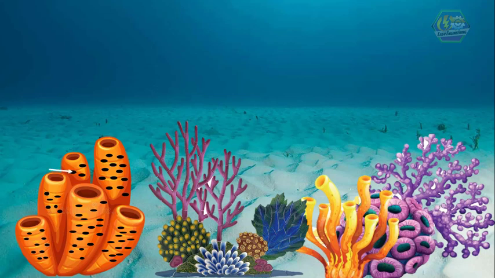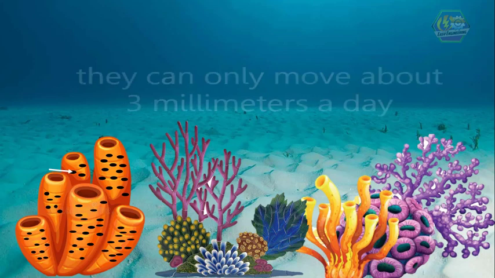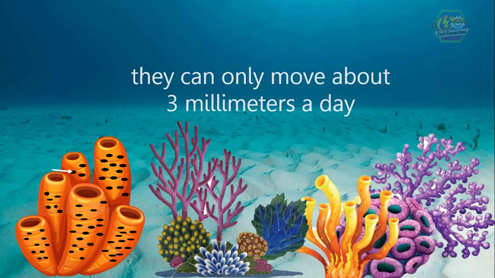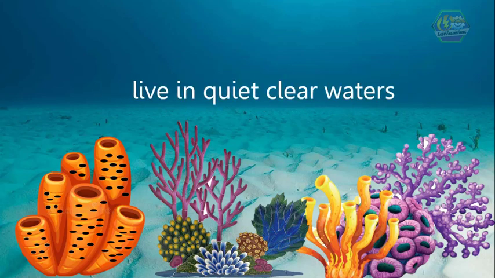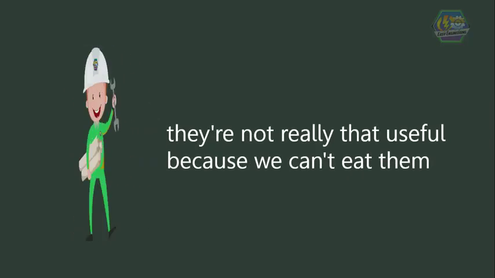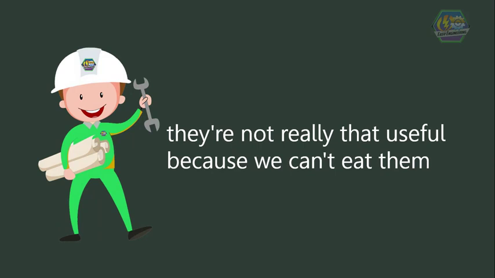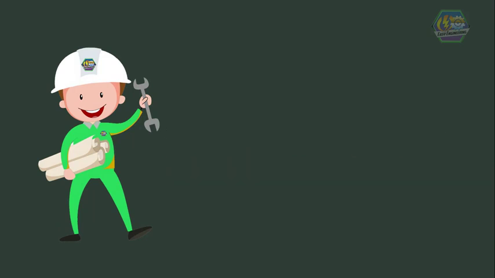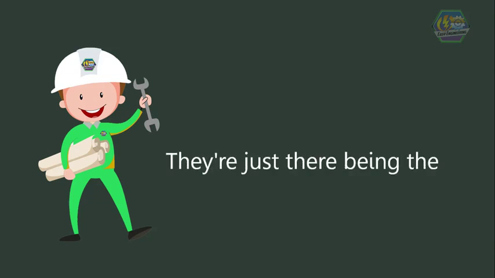They don't usually move and just stay still, but if they do, they can only move about 3 millimeters a day. Sponges also live in quite clear waters because if there are strong waves of water, their pores might get blocked and then they can't eat that way. For us humans, they are not really that useful because we cannot eat them like the fishes. They don't do us any harm either. They can be somehow useful in their own ways, and they're just there being the